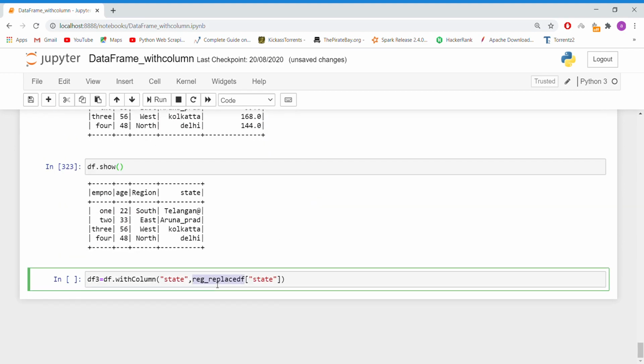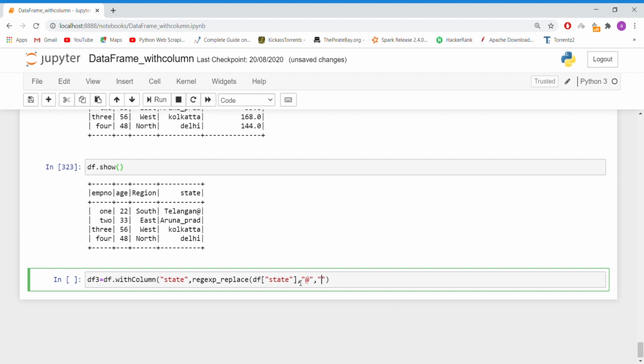So this is the regexp replace function. How to do that is, regexp replace, open the brace, data frame column, comma, and what is the character which you want to find, you need to provide it here, that is at the rate, and by which you want to replace it.